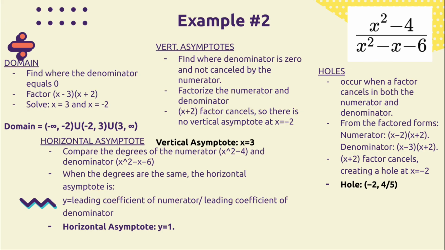And our last step is our holes. Holes occur when a factor cancels out in both the numerator and denominator from the factored forms. When we factor our numerator and denominator, we see that our factors cancel, creating a hole at x equals negative 2. So to find the y-coordinate of the hole, substitute x equals negative 2 into the simplified function, which is f of x equals x minus 2 all over x minus 3,